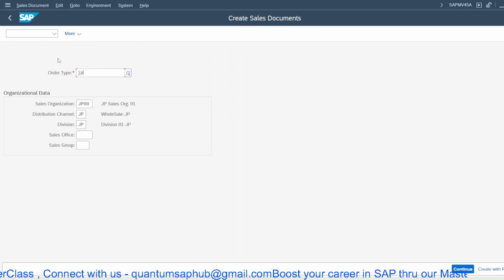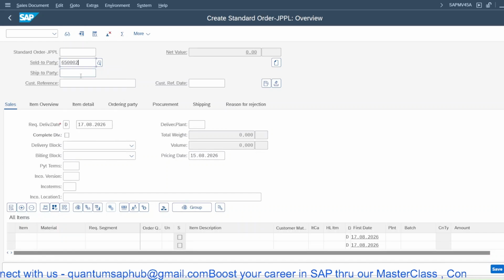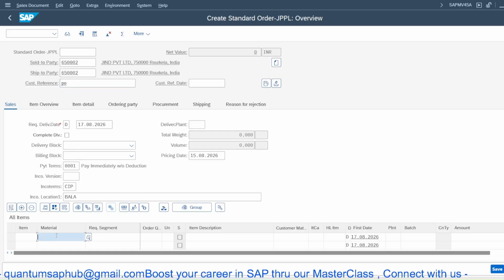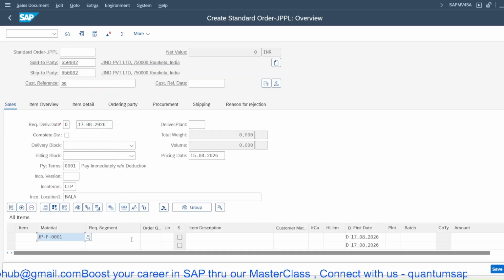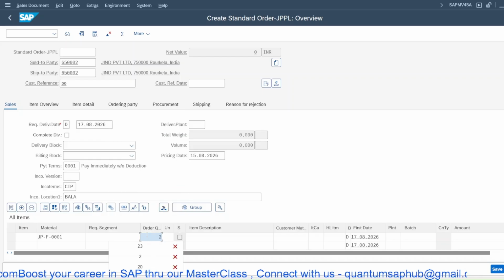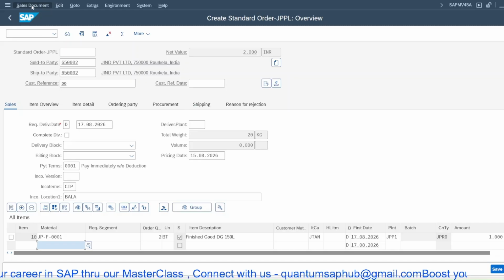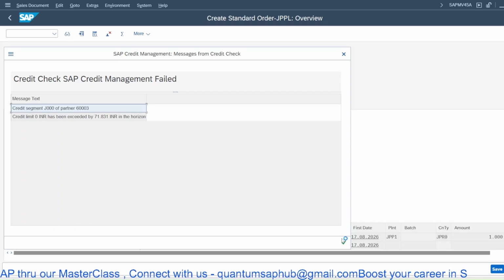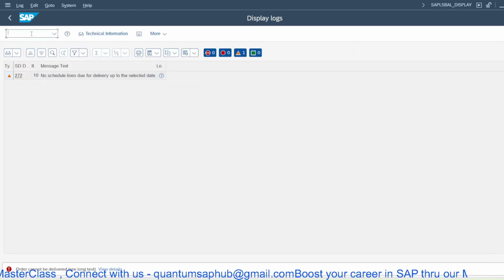So JPOR, the standard type, and here you give the customer code and give the material. You need not bother about the condition contract, which you link to the sales order or anything. It will be automatically determined by the system. So here we go to deliver. This is just a credit check, but it will allow us to proceed. So now